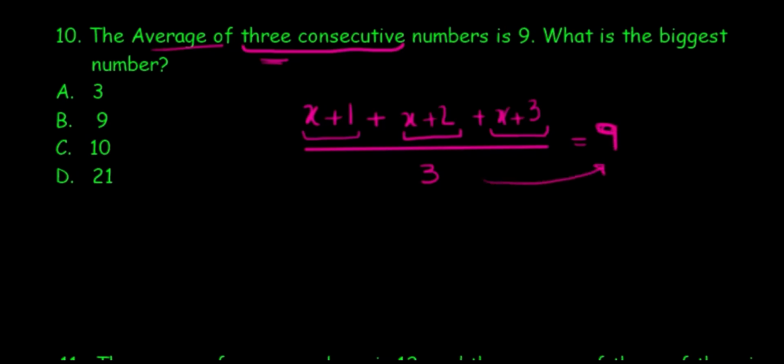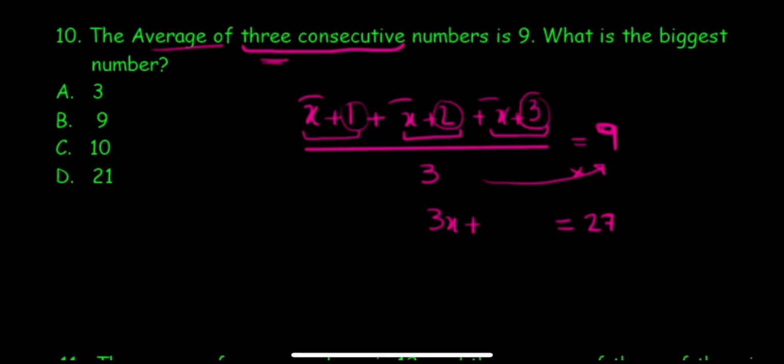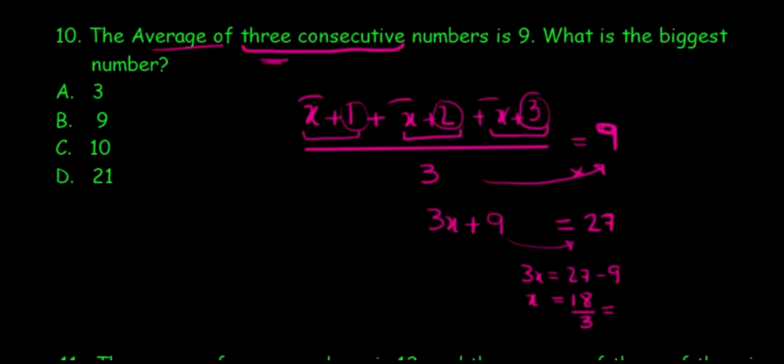Let's start solving. Take 3 to the other side. 3 times 9, 27. Multiplies because it's dividing over here. Then I've got x, and x, and x, 3 x's, plus 1 and 2, which is 1 plus 2, 3. 3x plus 3 equals 27. Let's take 3 to the other side. That would be 27 take away 3, that's 24. Divide that by 3. Take 3 to the other side. That's an 8. So now I got the value of x as 8.